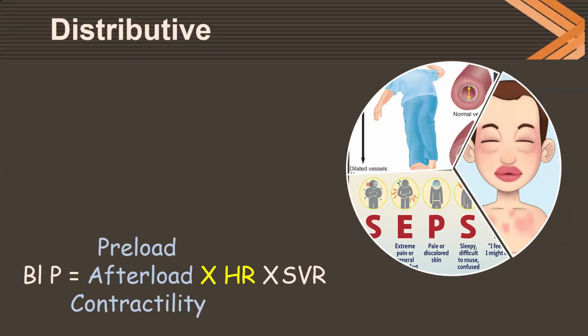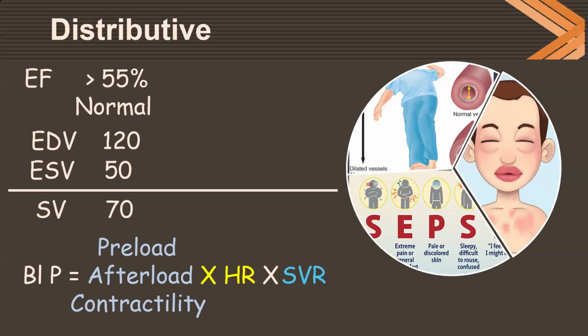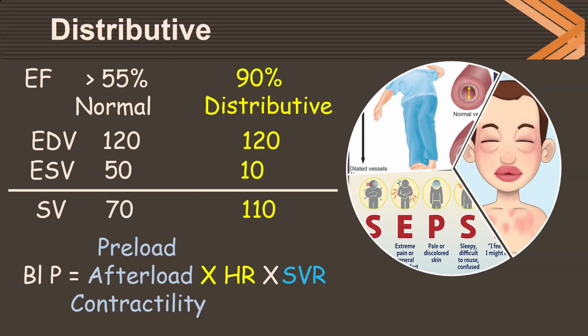Acute severe vasodilation causes a drop in the systemic vascular resistance and the afterload of the heart. For example, if we have these normal numbers in distributive shock, initially the end-diastolic volume will not be affected. What happens is vasodilation. So with the normal contractility of the heart, you will find the heart emptying more and more